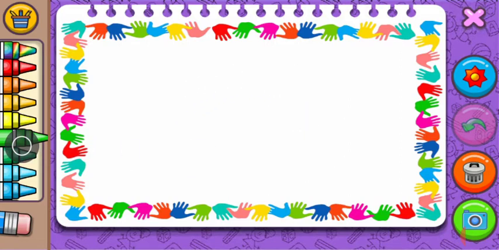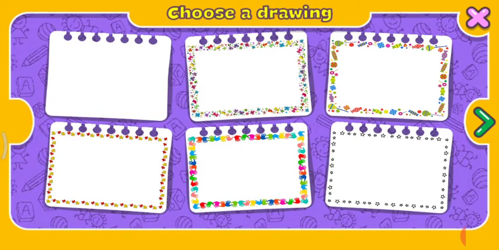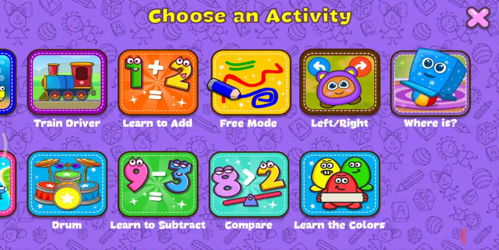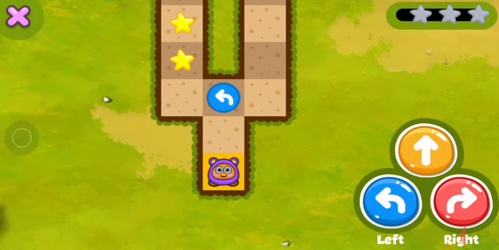Let's move on to the next one. Click the close button and come out from the screen. The next one, left and right. This is also very important, children, when you learn robot programming languages in the classroom. You must be familiar with the directions of the turtle head. You must be clear on whether the turtle head direction is left side or right side. According to the direction, you have to take forward or backward.